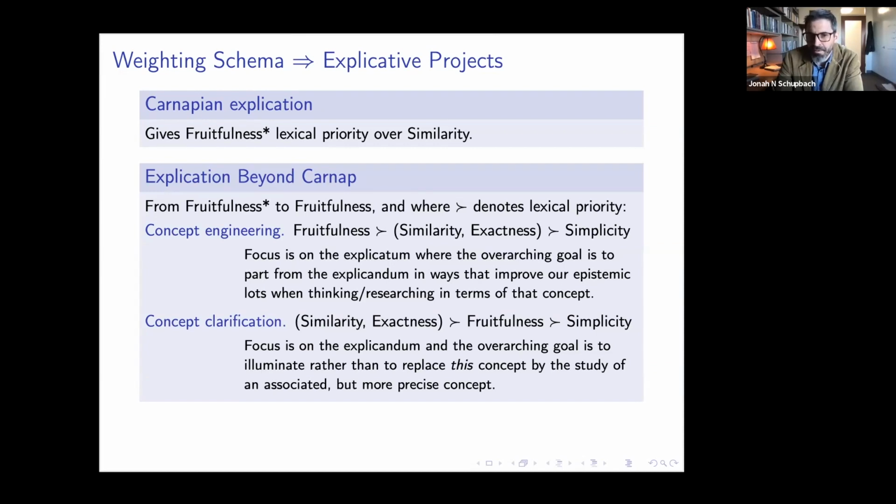It has to remain very similar, but more precise concept, where the increase in precision allows us to get more of an analytic handle on the normative, for example, the normative or epistemic upshot of this concept. But because it retains such a deep degree of similarity to the original concept, we're still arguably shedding light on how that concept functions for us in our everyday lives. That's the idea. This is concept engineering versus concept clarification. Of course, for the sake of this talk, I'm going to focus on concept engineering.